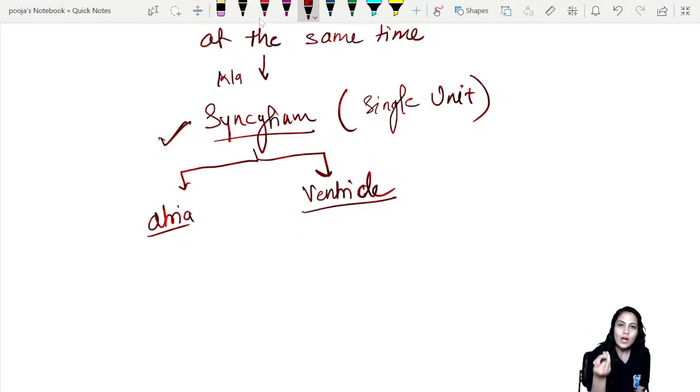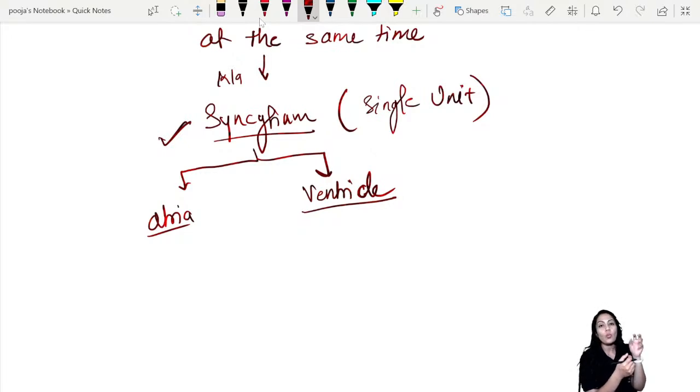If the atria as well as ventricle contract at the same time, definitely there will be a lot of chaos. The blood will not be able to go anywhere, right? Because suppose this is the atria, this is the ventricle. If they contract at the same time, the AV valves will rupture, right? Because there is a lot of pressure from both sides. And ventricles are bigger than the atria, so if you contract both of them at the same time,